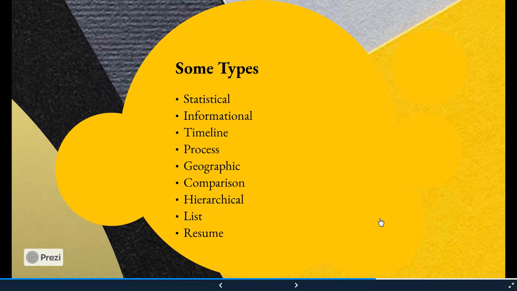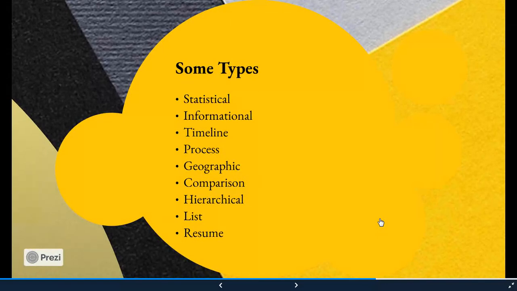Timeline, in which case you portray a set of events in the form of a timeline. So let's say you want to talk about the history of India. So you talk about all the periods that have been there. So modern, medieval, ancient, every bit of it, then Britishers and everything in the set of a timeline. So that really helps to understand how the events took place.